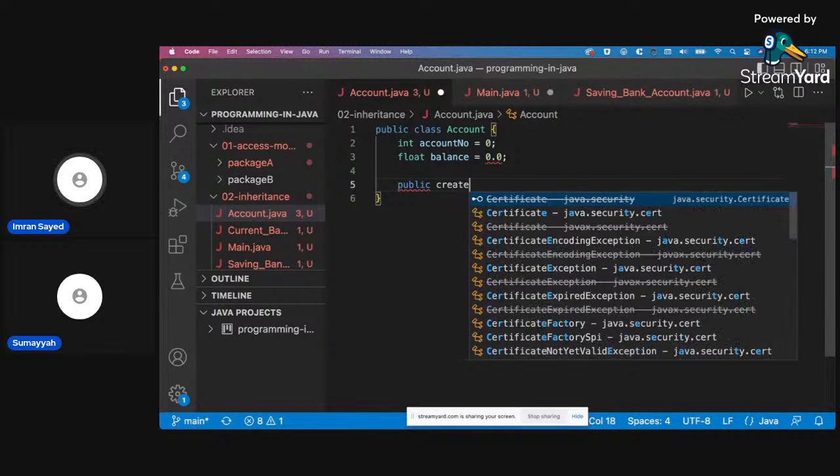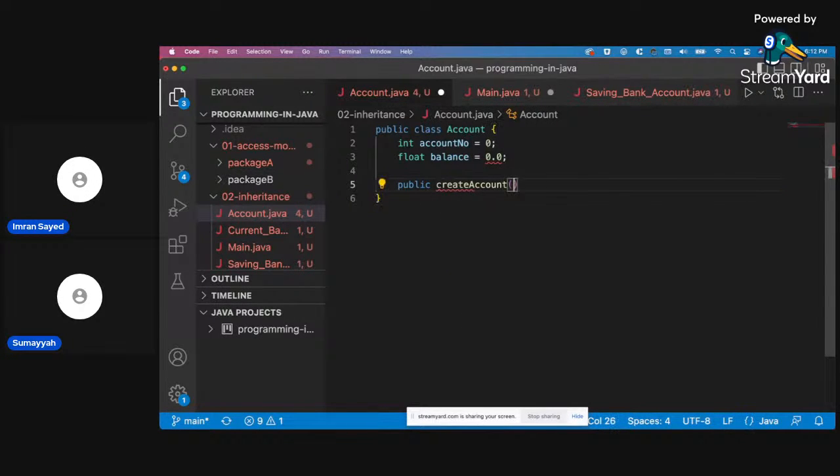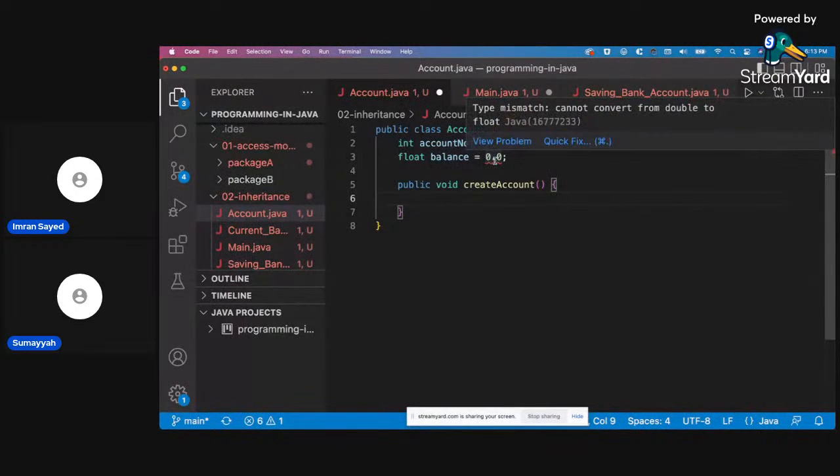So maybe should I call it create an account and doesn't return anything, I guess, for now. That's double.